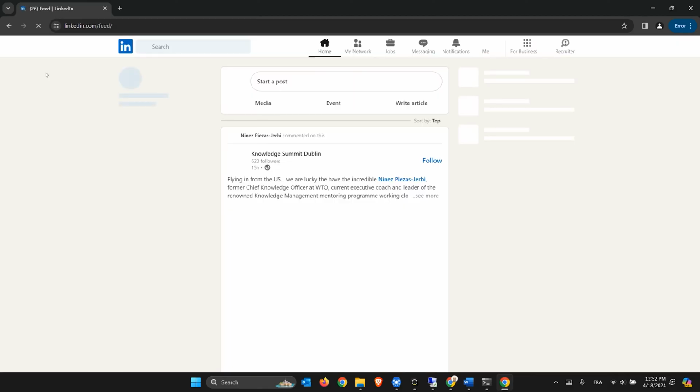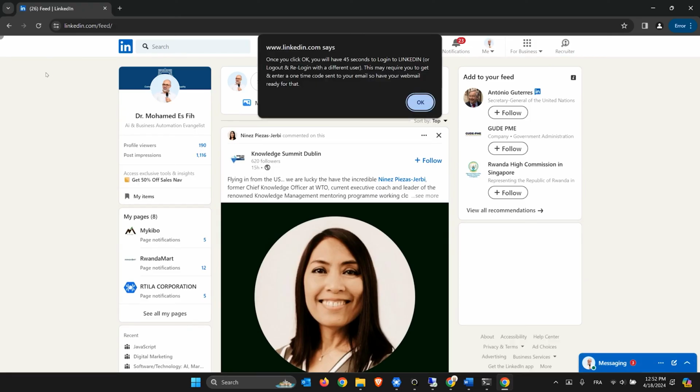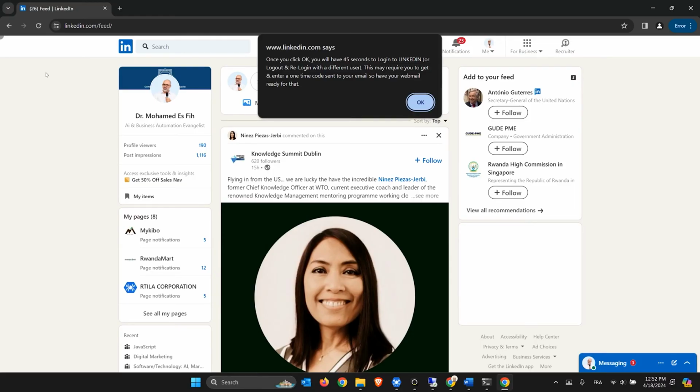And this is hands-free, as you can see right here. The bot starts, the user just launches the file, and it will take a couple of seconds. The first step is that the bot is asking you to log in or to re-log in, because you may want to use this with different LinkedIn accounts. As you can see right here, there is an alert for the user that says you have 45 seconds